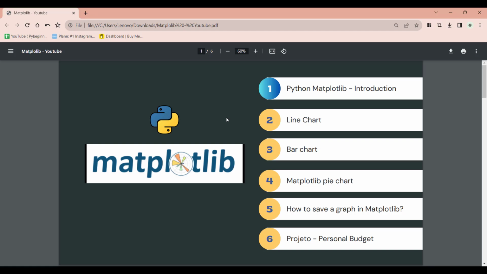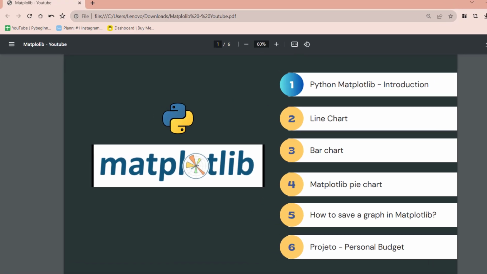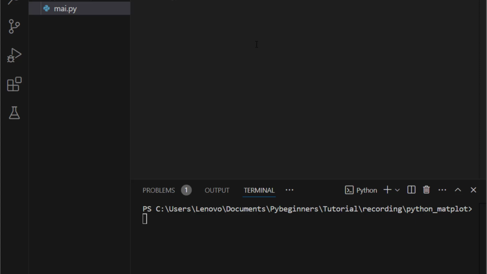The first thing that we need to do if you want to use Matplotlib is install Matplotlib on our machine. I'm using Windows, so I will do it for Windows. But if you are using another system, maybe Linux or macOS, no need to worry. In the description I will keep the links where you can go and read the tutorial about this. As we said, first we need to install Matplotlib. So in Windows, to install Matplotlib is something like this.